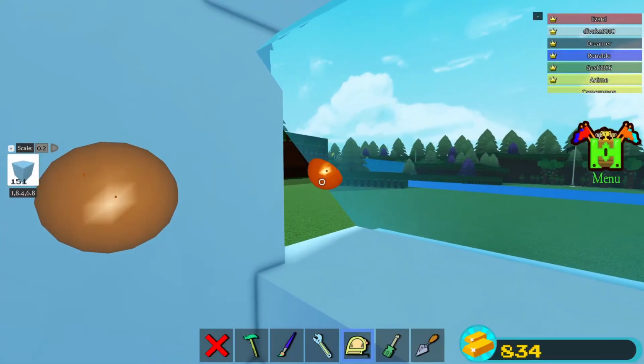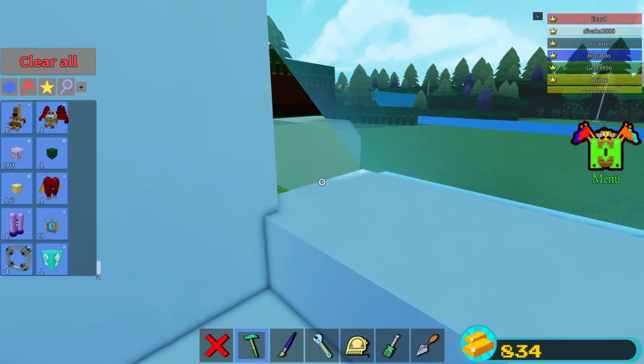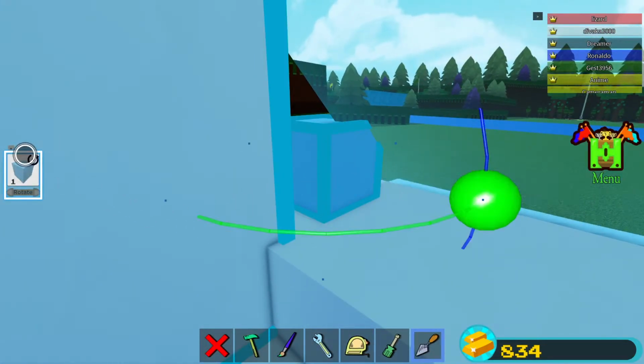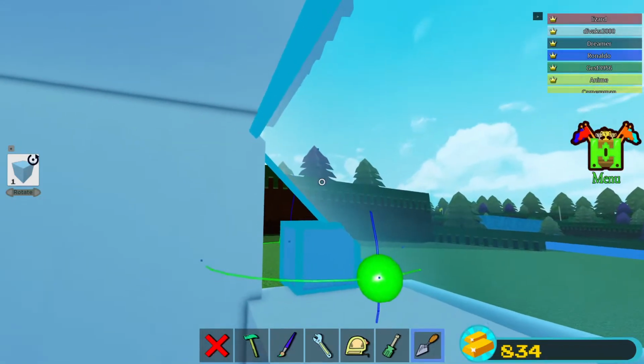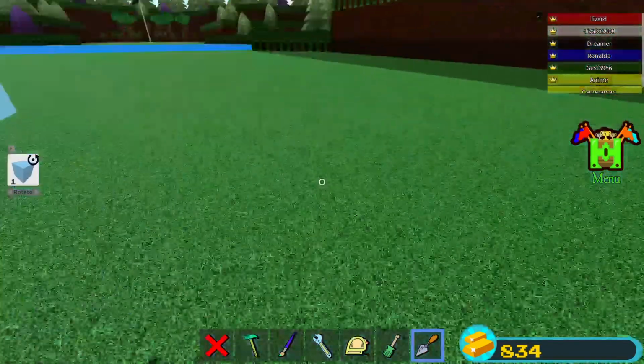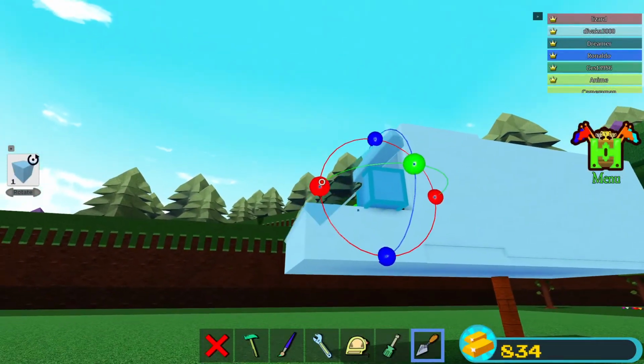Maybe just extend it a little bit more. Then what you want to do is place down another block. Yeah, it's quite complicated for the doors. And you want to rotate this block if I can find the one I want. So I'm going to go outside for this. You want to rotate the block